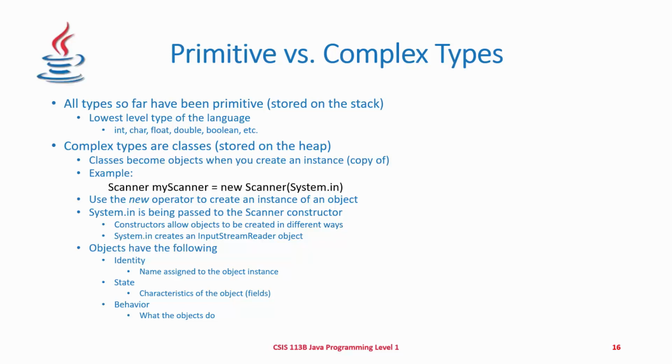And again, it needs to be stored in memory. So the new operator is being used to create the instance of the object. So a class is the actual file. When you create an instance of that, a copy of it, they refer to it as an object. And then in this particular case, we're passing a parameter into the Scanner as we create it as a new instance, and that's System.in, and that's what allows us then to actually use an InputStreamReader object, which is just another class,